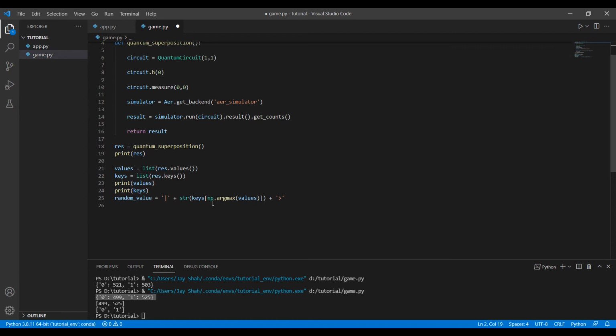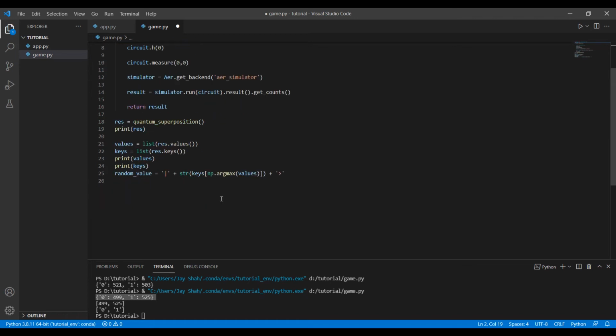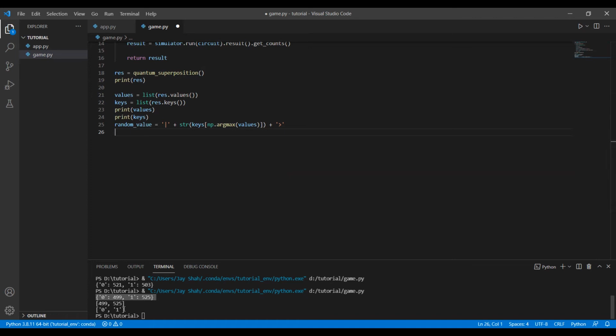So what's happening here is I'm checking into the values that which is the highest value. Okay, and that's where I'm getting these keys. Okay, because it's not necessary that 0 and 1 will be in this order all the time. It can be in this dictionary that it returns, it can be 1 and 0 or 0 and 1. So you never know, it's not like that the 0 will be the first key and the 1 will be the second key, every time. It can change,